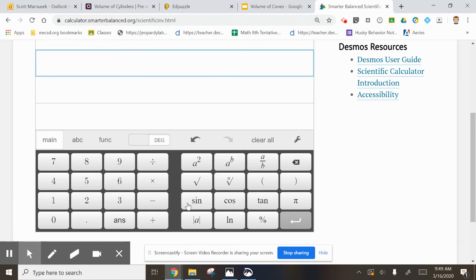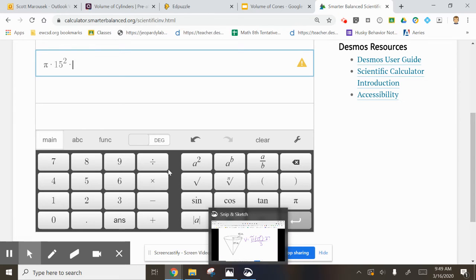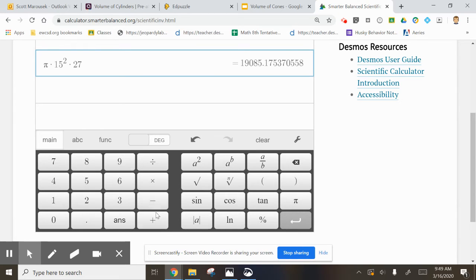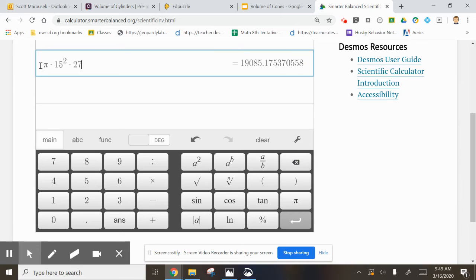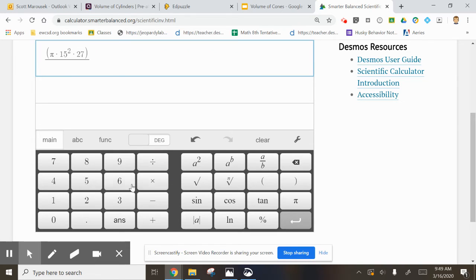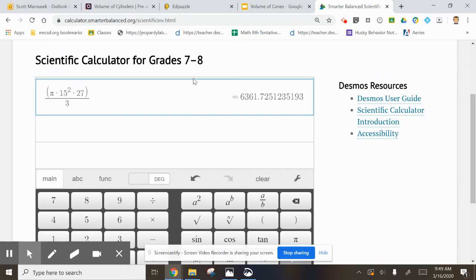So I'm going to pull up the calculator. I'm going to go pi times 15 squared times, was it 16 again? 27 times 27. I get this answer, right? And then what if I said divide it all by, oh, that's not going to work. So that doesn't work. If I want to get fancy, I can put parentheses around this. And then I think I can go ahead and get the division sign. Divide it all by 3. And that's what we're looking for, okay? And that's the number we want,